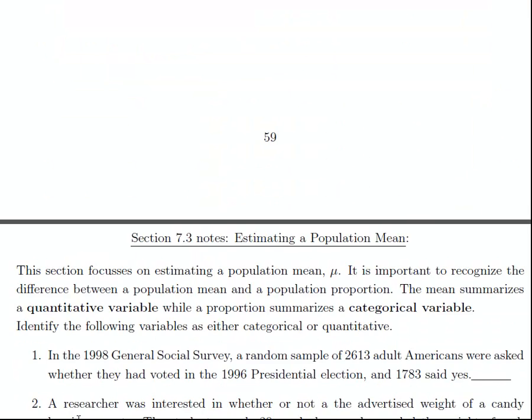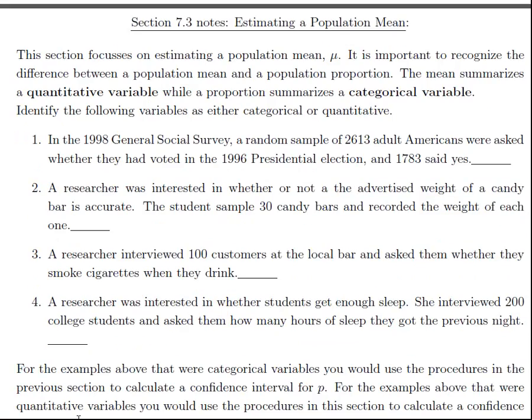The next section is very similar. We're going to do confidence intervals again, but now we're doing confidence intervals for the mean. So for the rest of the semester, it's really important that you recognize when we're calculating a mean versus a proportion. The mean is for quantitative variables, so measurements like height or weight, whereas a proportion is summarizing a categorical variable. So the proportion of individuals who wanted to lose weight, that was a categorical question, yes or no, and we summarized it with a proportion.